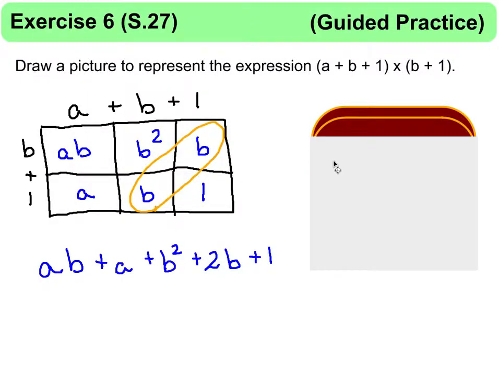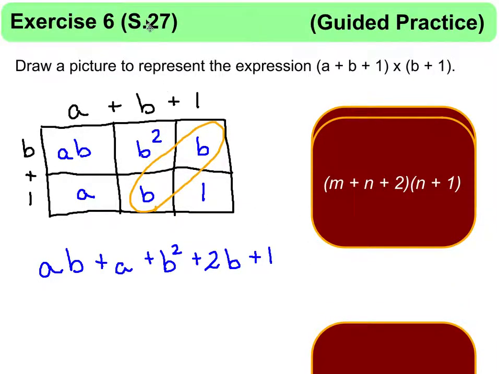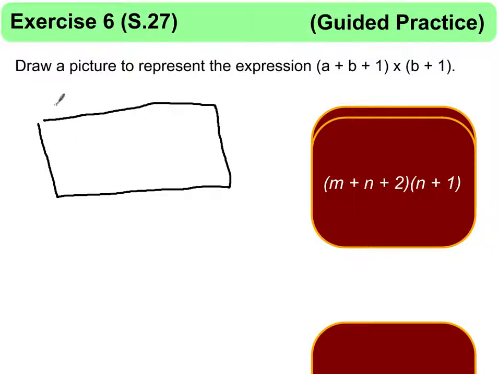After modeling that, the teacher is going to allow students to try a few by themselves. For example, this one right here, where we'll take a look at an m plus an n plus a 2 multiplied by an n plus a 1. And so we'll draw the same rectangle that we had before. And we'll put m plus n plus 2 at the top, and then an n plus a 1, divide it up,